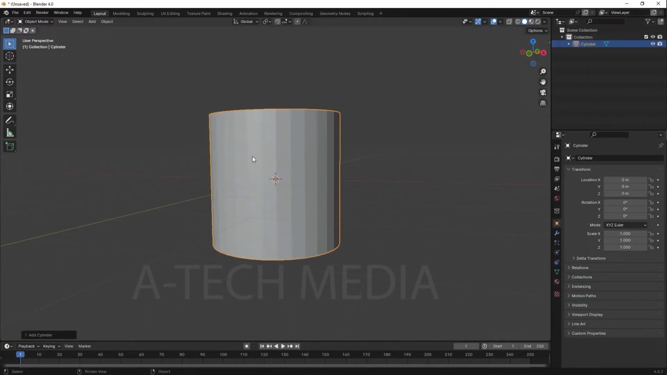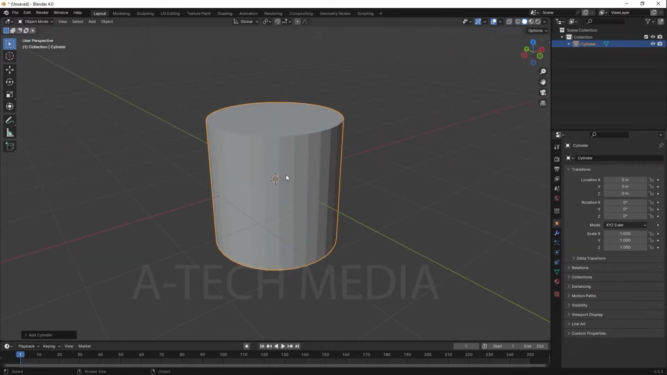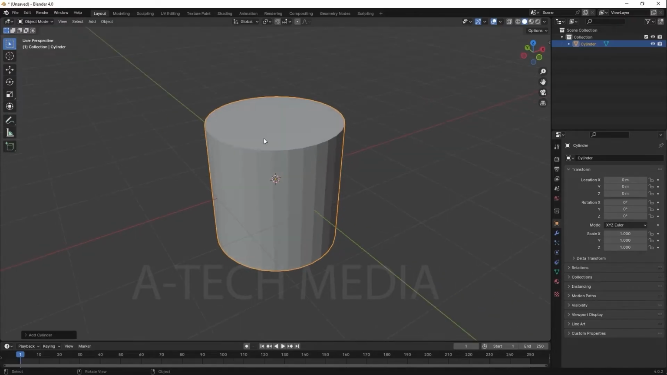So the cylinder is the closest Blender object that is most similar to the can that we want to create, but obviously it's not entirely the same. So if we go to object mode,